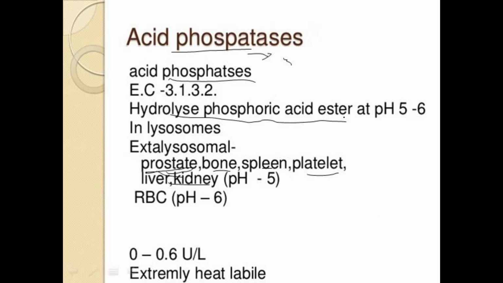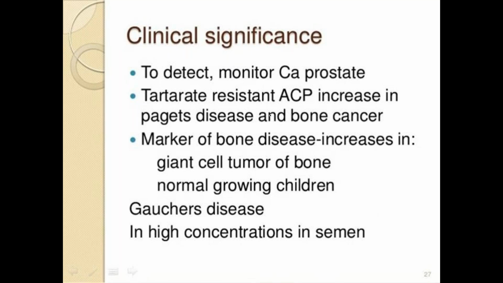That means this is an extra lysosomal enzyme, and the enzyme commission number given is 3.1.3.2. Okay, and that is acid phosphatase. And this is mainly used for prostate cancer detection. Okay, and also here